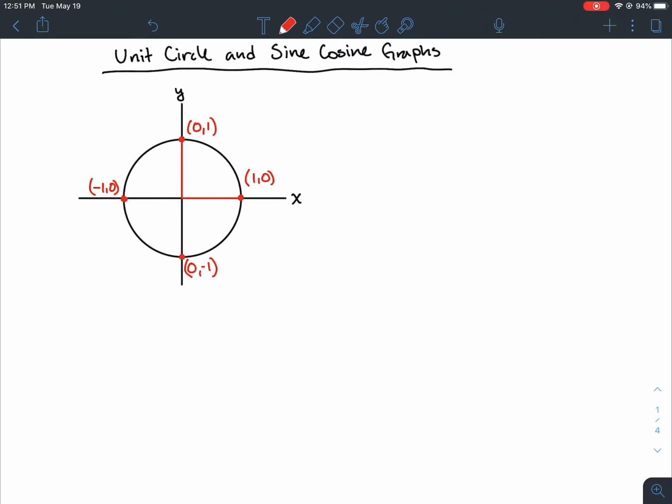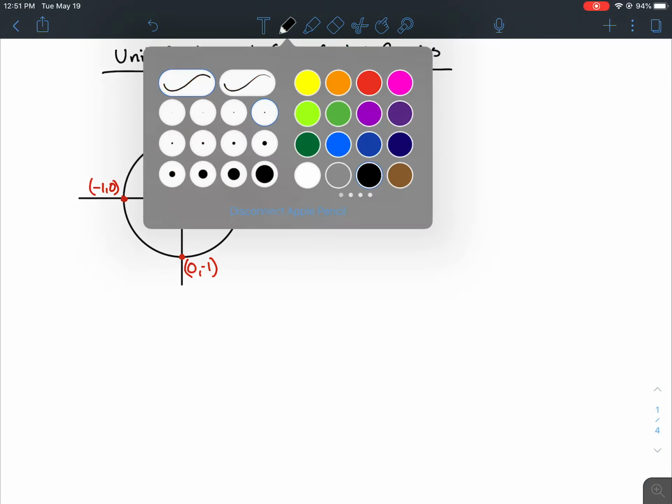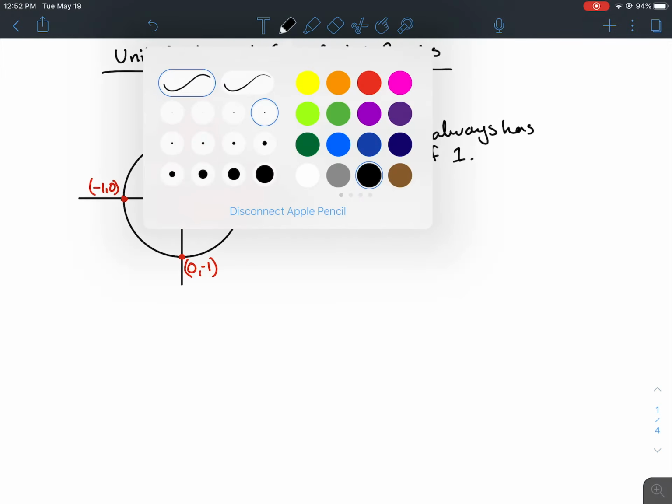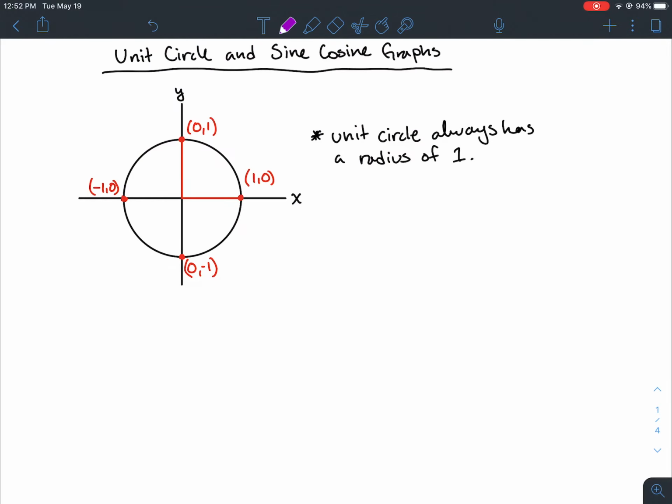So the key thing is that a unit circle always has a radius of 1. Okay. When we're using our Ferris wheels, we had different radiuses, so those wouldn't technically be unit circles, but we're using this unit circle as a basis, and like I said, the unit circle always has a radius of 1. And what we're going to do is use this radius of 1